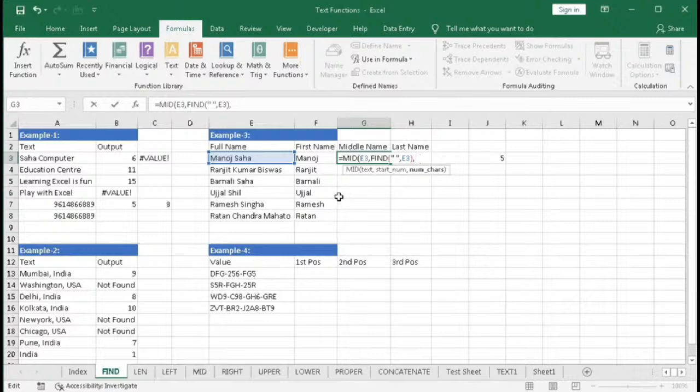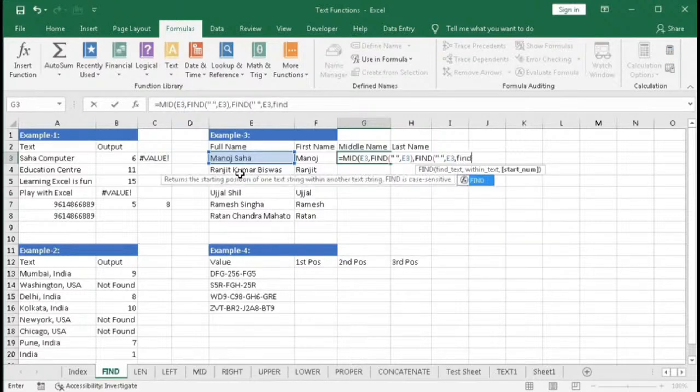So number of character will be the second space minus first space. So how to get the second space position? So type here find, text equal to this cell, comma, within text this cell, comma, starting number. So starting number should be after the first space. So how to get the first space? We have learned previously. Find